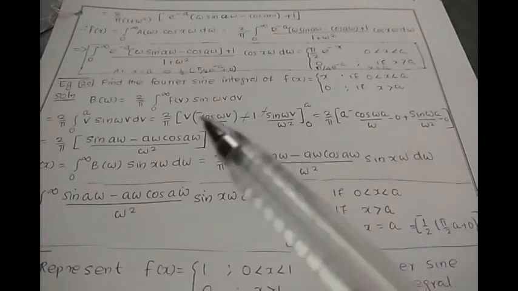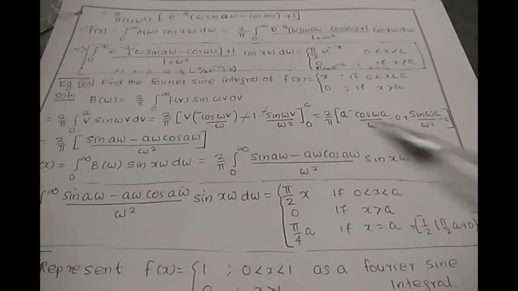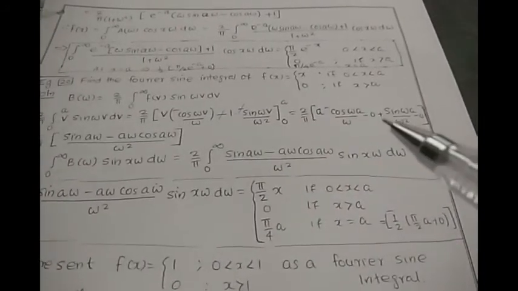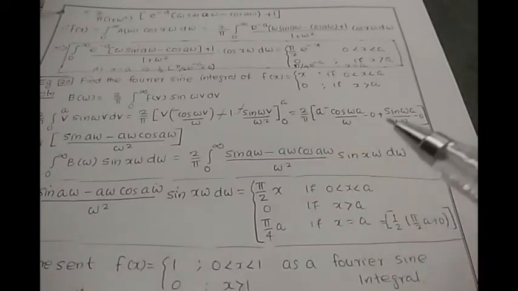Upper limit, if I am substituting a here, minus is there as it is, you have to write minus a cos omega a by omega, is the upper limit, minus if I am substituting lower limit 0 here, 0 multiplied by any number is 0, so the second term is 0. Here minus of minus is made positive, so it is plus here. Then applying upper limit a here, sin omega a by omega square will come. So this positive term I am writing first, that is sin omega a by omega square, and to make omega square I have to multiply a omega here, and this is minus here, so this is a omega cos a omega by omega square.